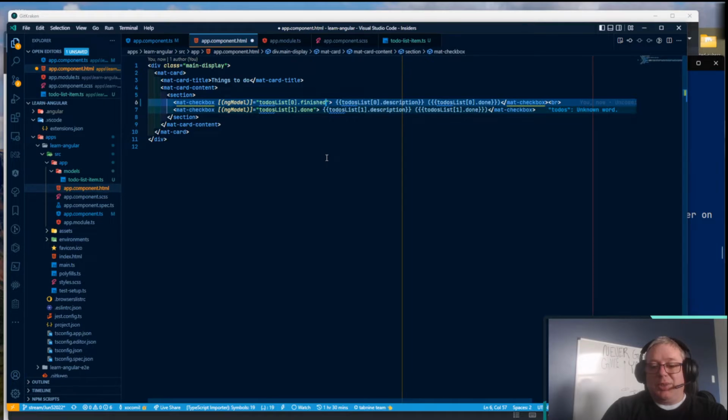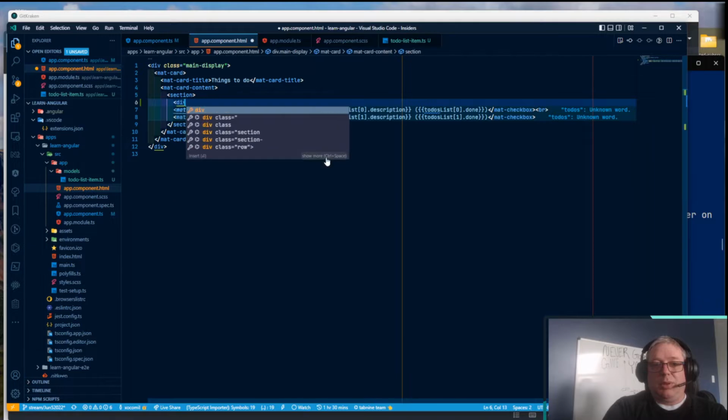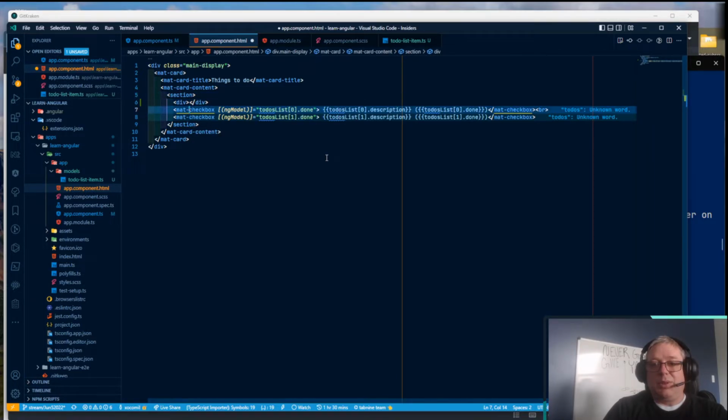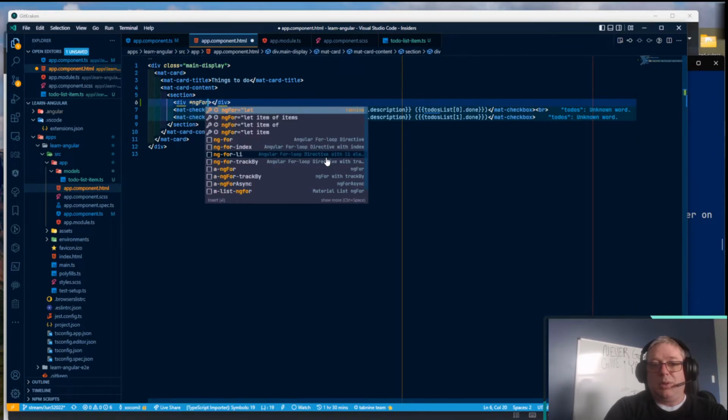It's probably because I'm doing something really dumb by indexing the array as is. So let's fix that. First thing we want to do is wrap these with a div so that they automatically wrap themselves. We don't have to keep adding BR in between them. Inside of this div, we're going to add a new